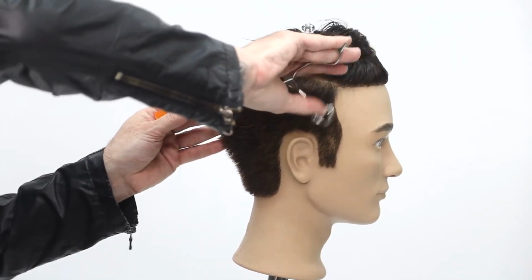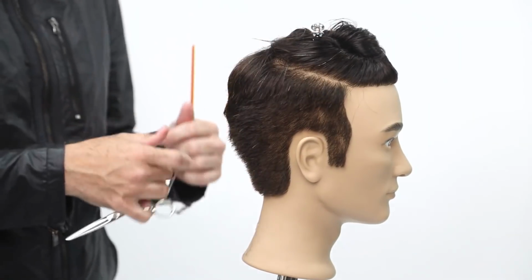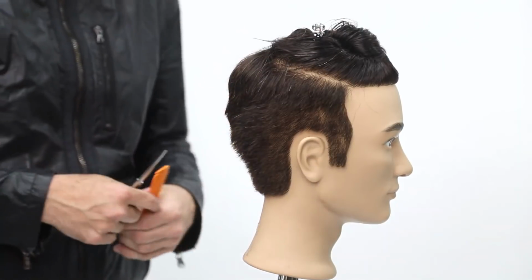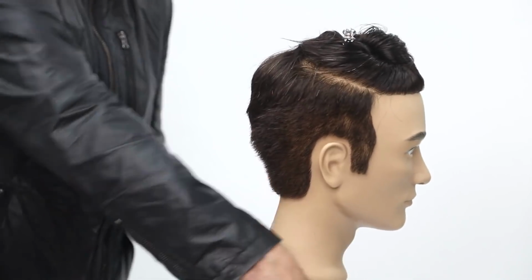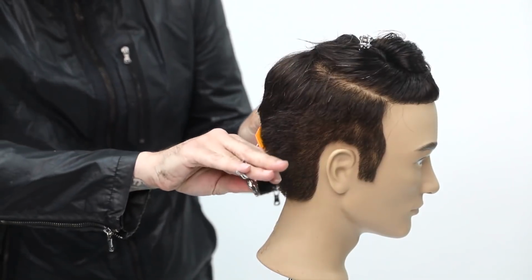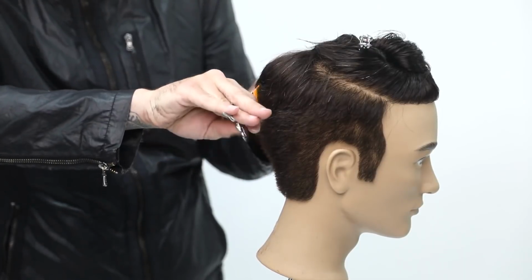So I think of the clipper as kind of the mass cutter, like going through and taking out a lot of the bulk, the weight, getting the length where you want it, because that happens quick. If I were to go through and do scissor over comb on everything, it would take me a very long time. I'd have to charge $150 for his haircut because it would take a good amount of time. Maybe not $150, that might be extreme, but you'd have to charge a lot for the haircut. So being able to do your clipper work, go through quickly, and then fine tune and detail everything with the scissor